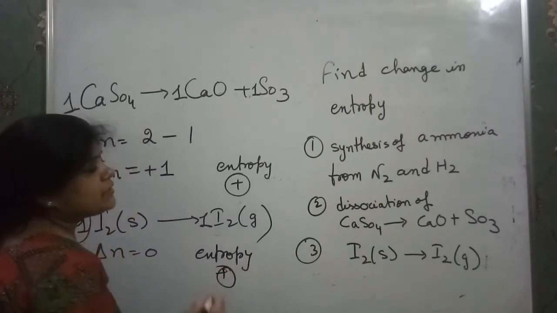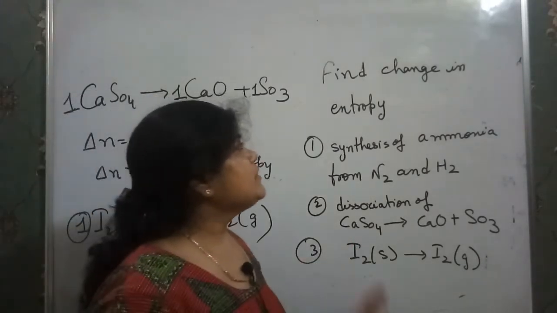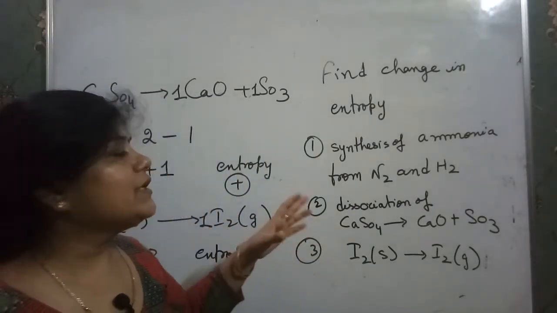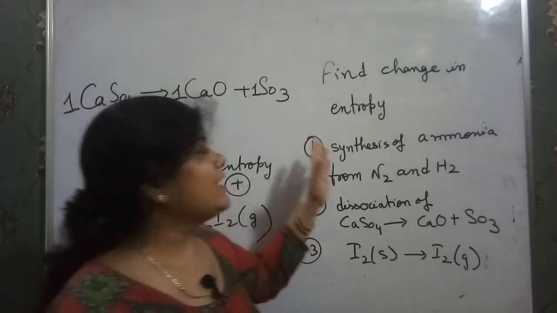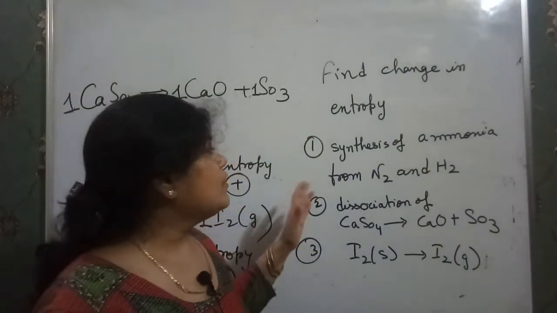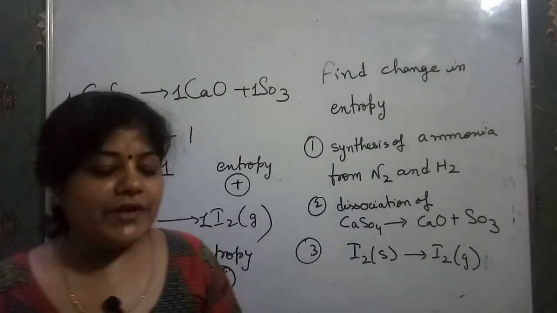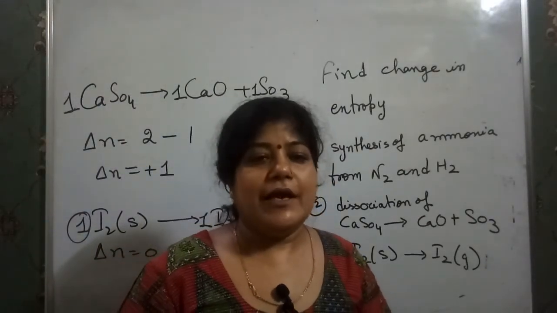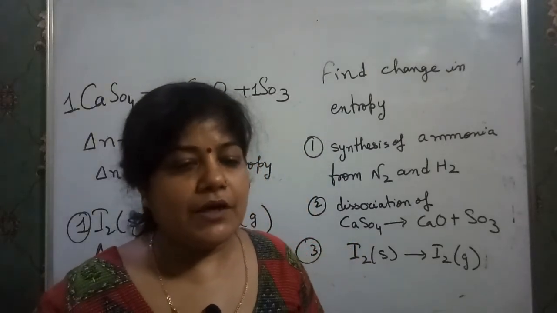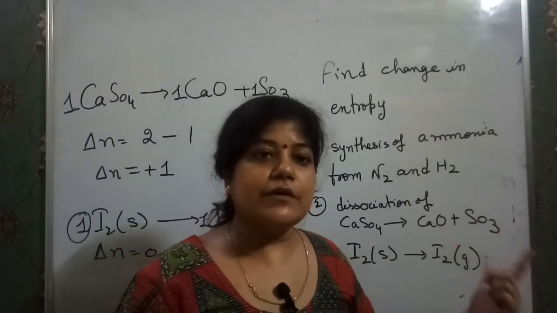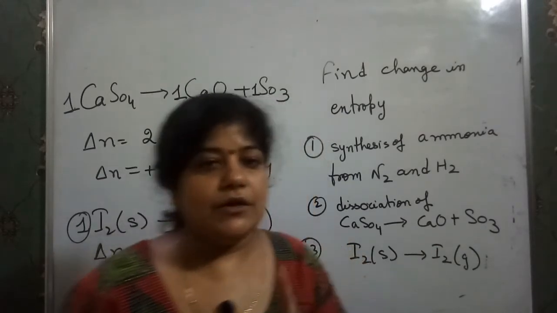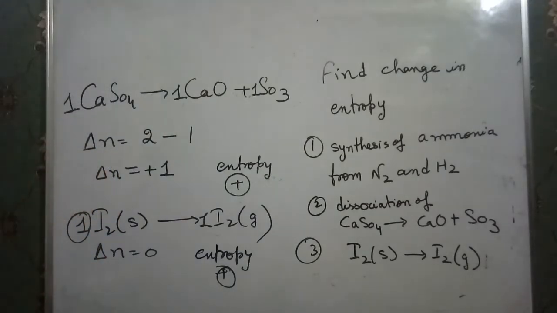So in this way we can solve the different cases in which we have to find the change in entropy, whether it increases or decreases. Whenever we get a minus sign, only in that case entropy decreases, and in all other cases entropy increases. Whenever there is an increase in the entropy, then it is a spontaneous process, and the Gibbs free energy we get is negative. Clear? And if we get the entropy as minus, then it is a non-spontaneous process. Now the next question of entropy I am also going to take, in which we have to find it with the temperature and enthalpy.